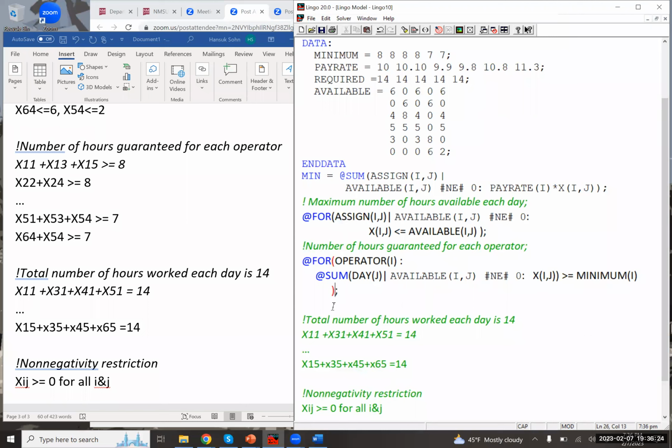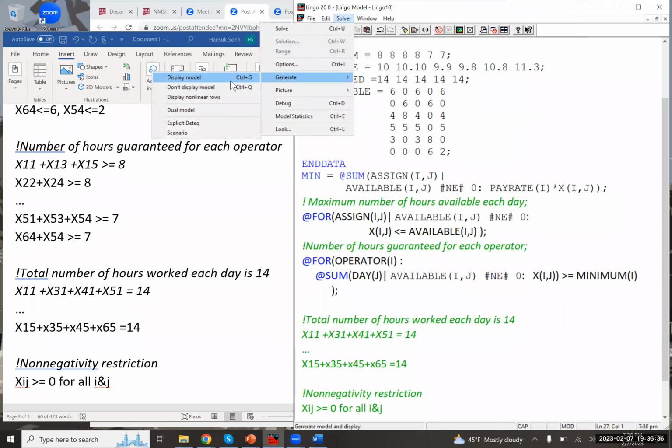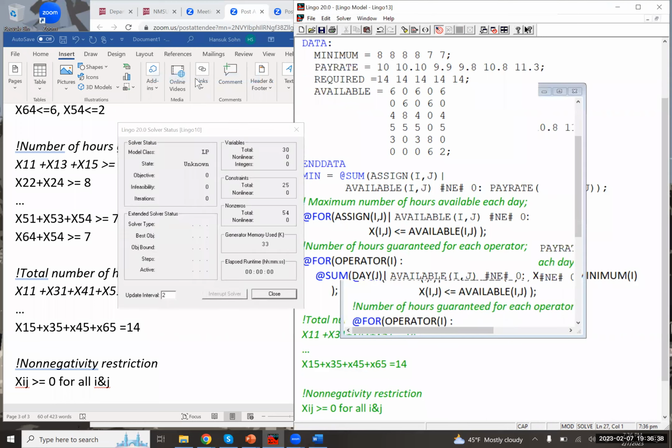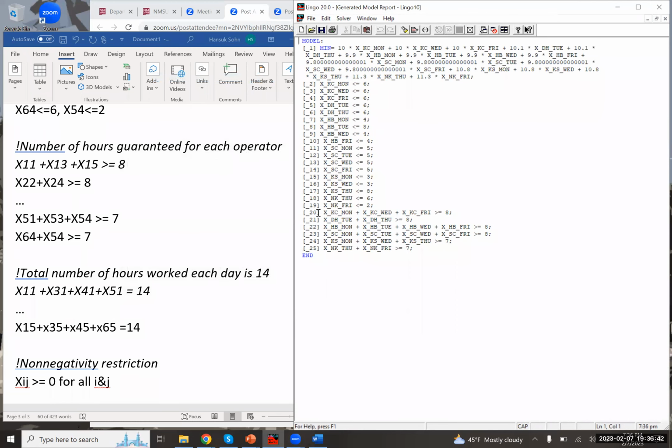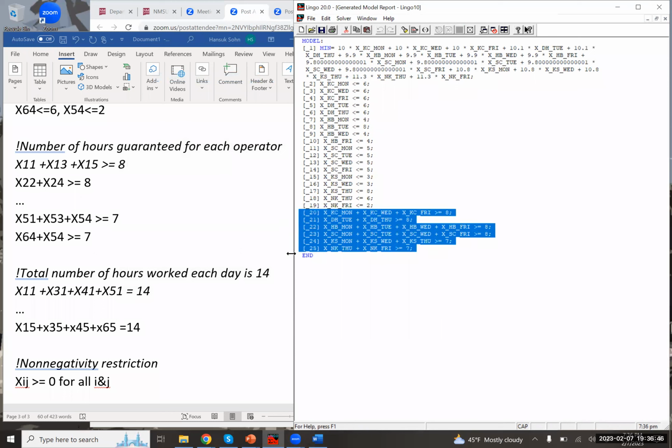Let me double check. Parentheses do match. Okay, let's try again. Choose the display model. Okay, let's see. Is everybody following? Yes. Okay, so we have 6 constraints